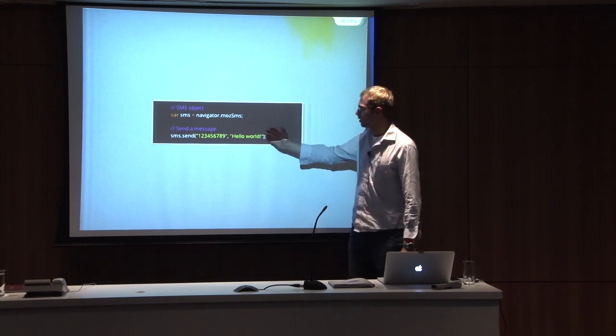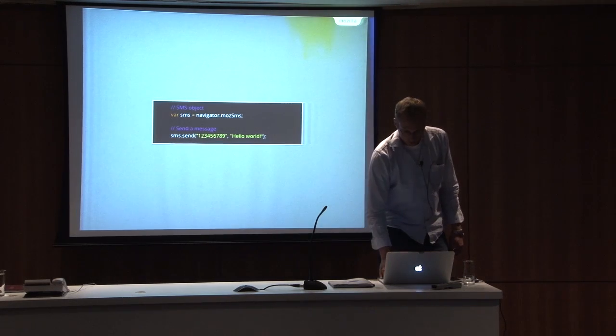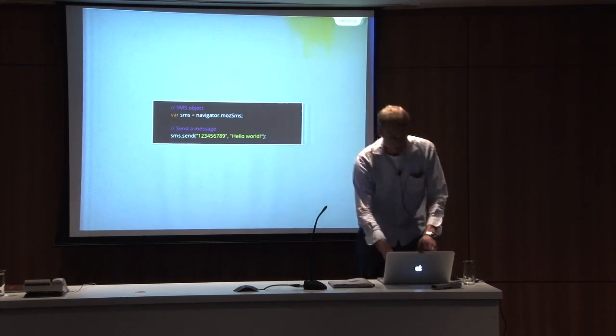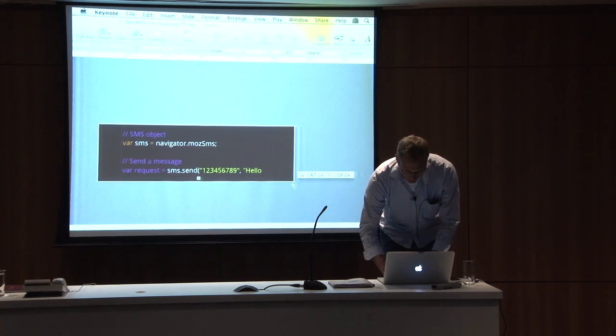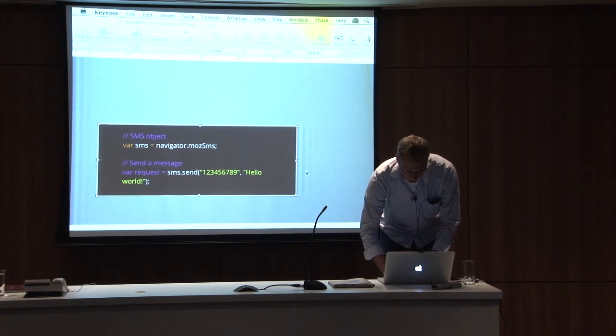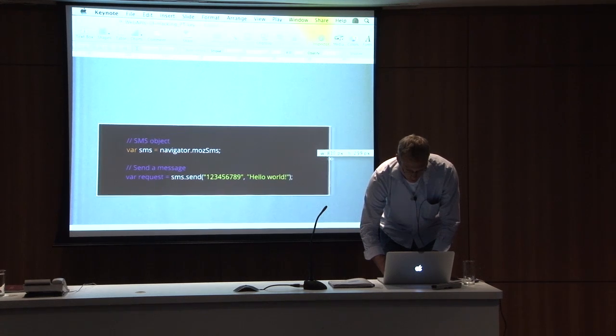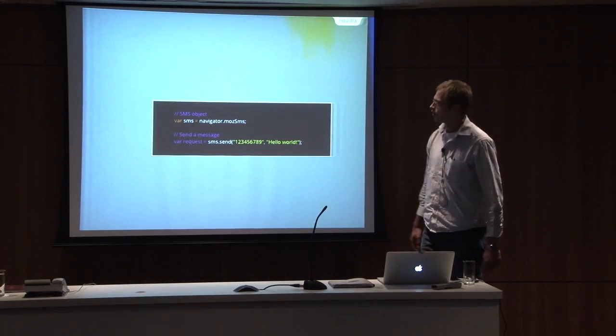This is how you send an SMS. What should also maybe be explained here is that this function returns a request, which basically represents the fact that you want to send this SMS,